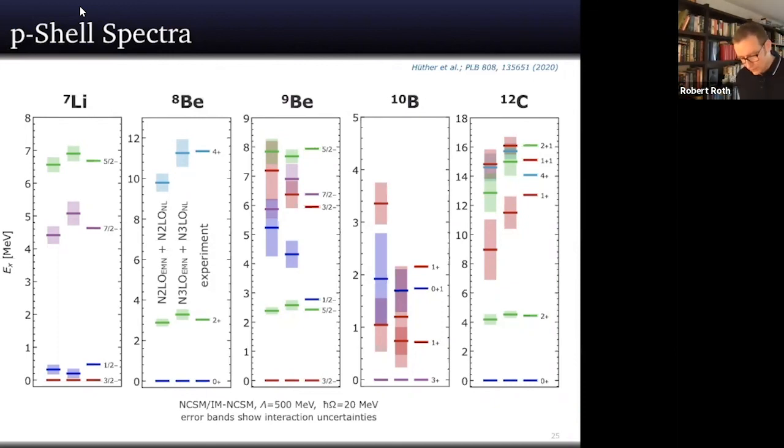And with respect to should they converge, I mean, you've seen a very nice convergence for the ground state energies. There you really had a very systematic nesting of these bands. That's what you want to see. Here for the excitation energies, sometimes, sometimes not. So sometimes the bands are getting smaller and are compatible with each other. Sometimes the bands seem to get a little larger. I mean, grosso modo, looked over a large sequence of different orders, yes, I would expect to get the uncertainties systematically smaller, but it doesn't have to happen in each and every case.